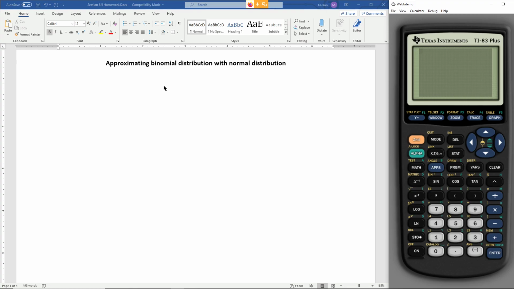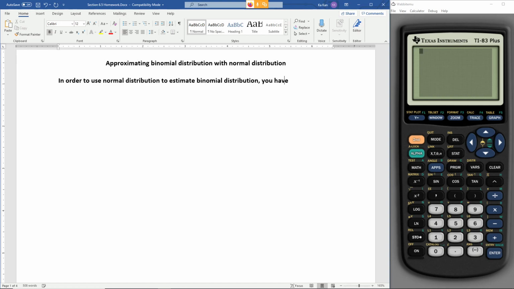So the question is, is there a way to mimic or get an estimation of a binomial distribution using normal distribution? And it turns out the answer is yes. You just have to meet a few of the credentials. So in order to use normal distribution to estimate binomial distribution,